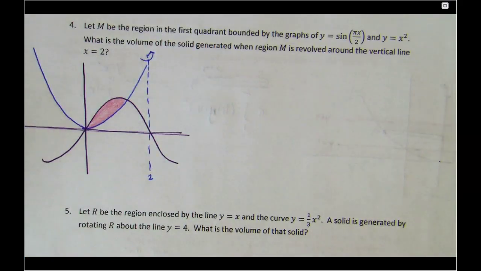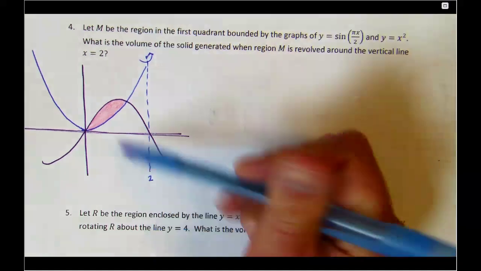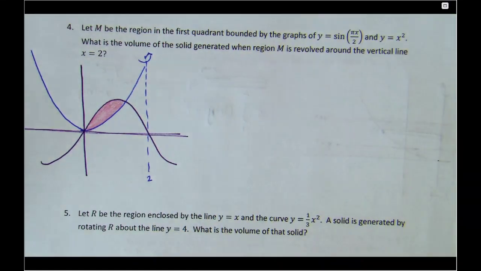Why +2? Don't guess. We're rotating around an up and down. It can't be y related. That's what I keep messing up. So it's x equals 2, whatever you want. Which one do we take out? It's this little area right here. Yeah. So then we do a